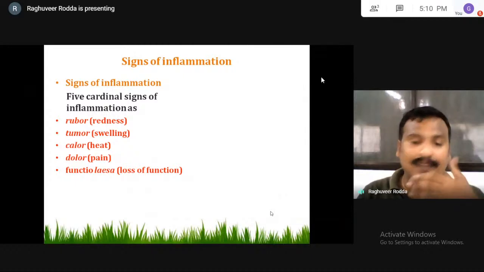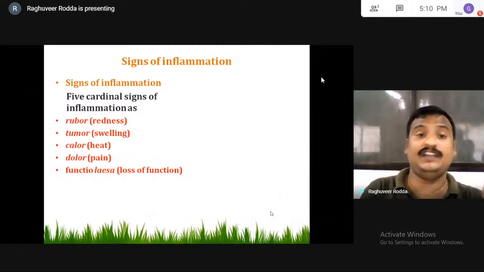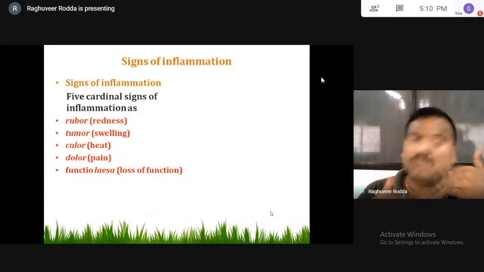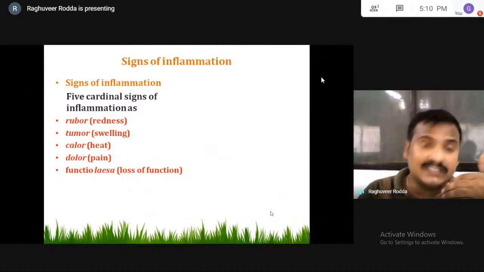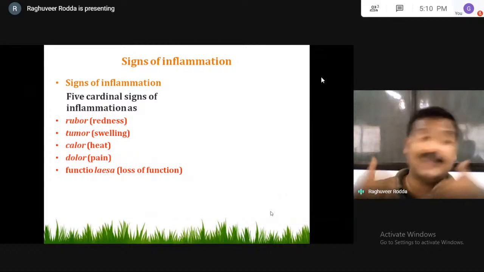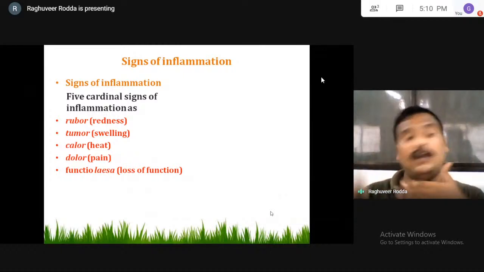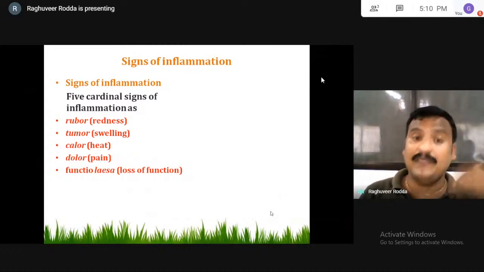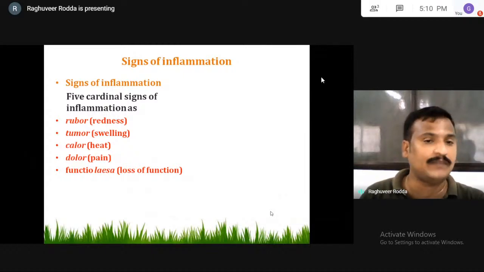Because of the pooling of blood to that particular affected area, there is a need for migration of the immune cells, the defense cells, against the affected organism to help the host cell survive. Heat will generally be observed at that place; there is a huge amount of heat at that particular inflamed area.